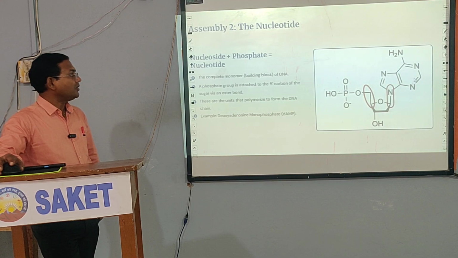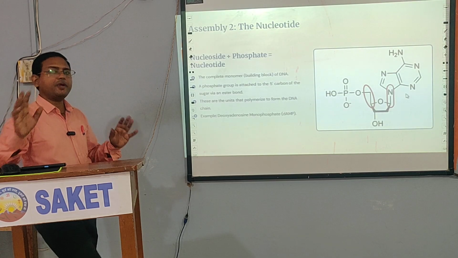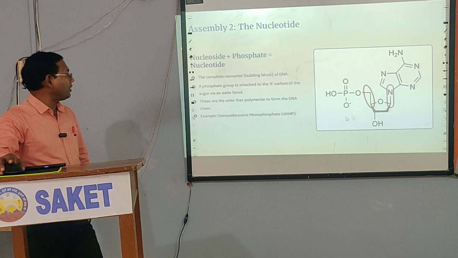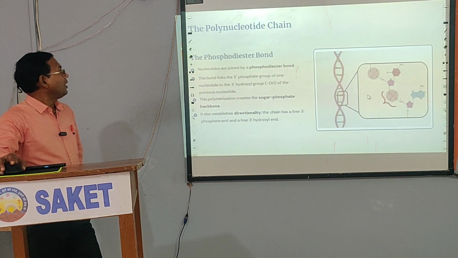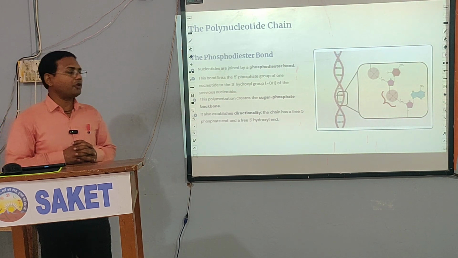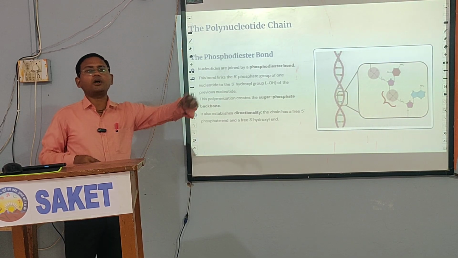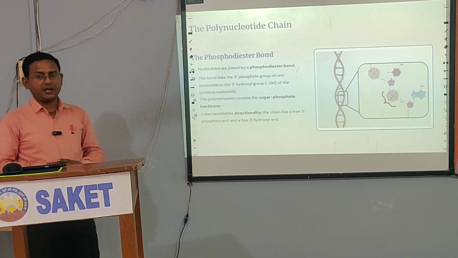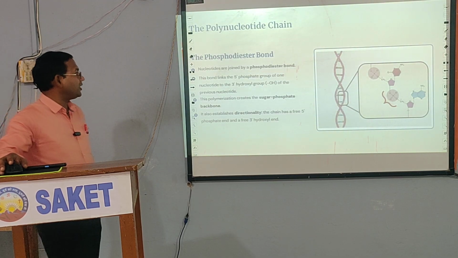And now this complete structure is known as nucleotide. As we have 4 types of nitrogenous bases in the DNA, similarly, based on those nitrogenous bases, we have 4 types of nucleotides as well. And these nucleotides are the monomer of the DNA molecule, and they are interconnected, and after interconnecting they form a long chain of nucleotides that is called polynucleotide. So how this polynucleotide gets formed, let us understand.